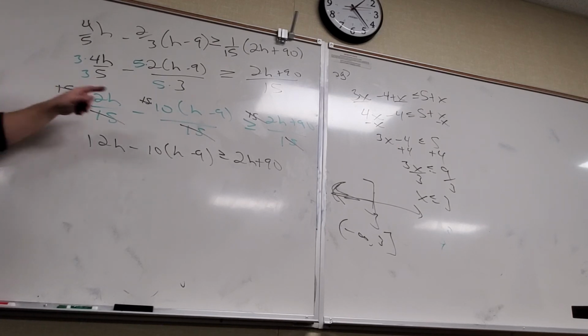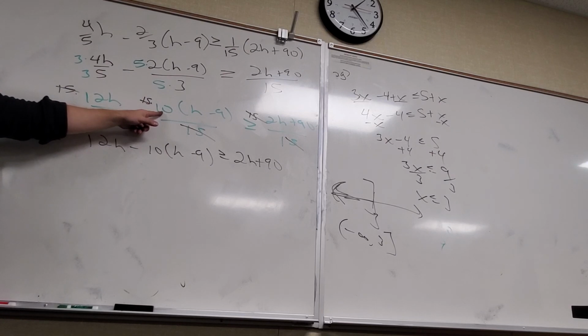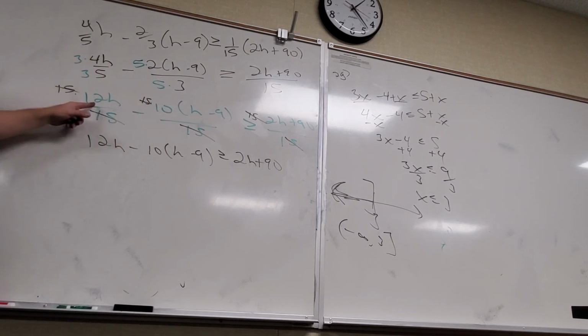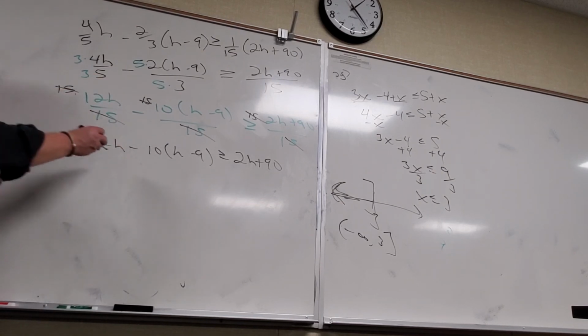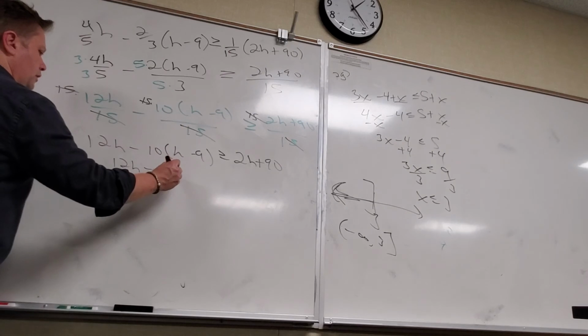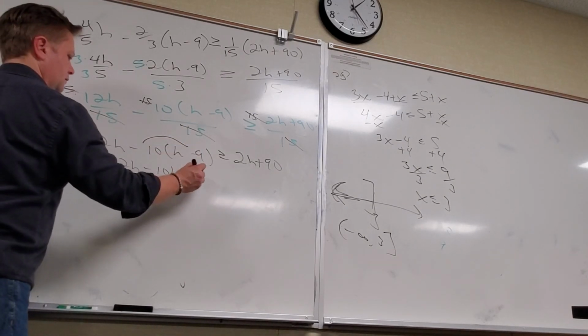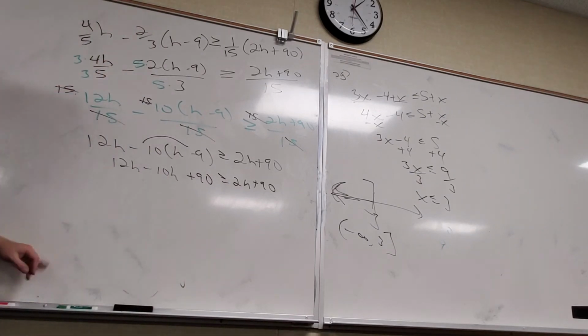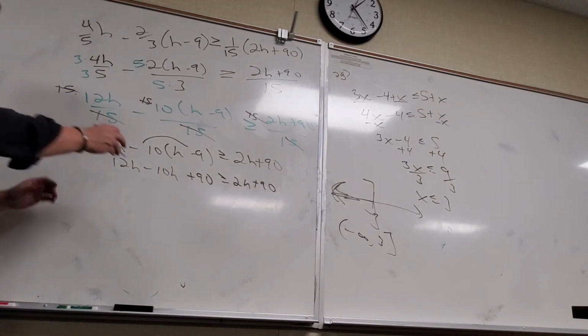Never mind, I got it. 5 times 2, that's 10. 3 times 4 is 12. Kill the 15ths. And now it's relatively easy. Well, easier. This is a little bit freaky, though, at the end. Look what you get. 2h